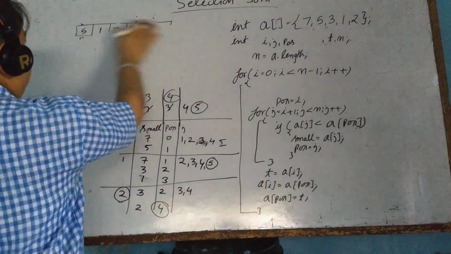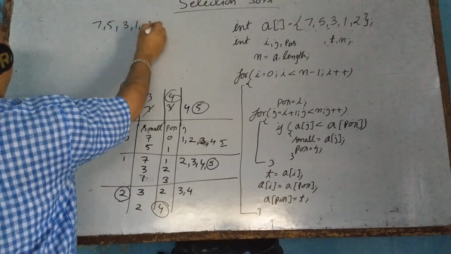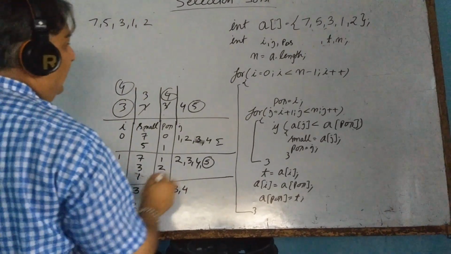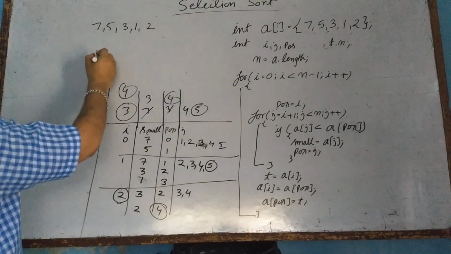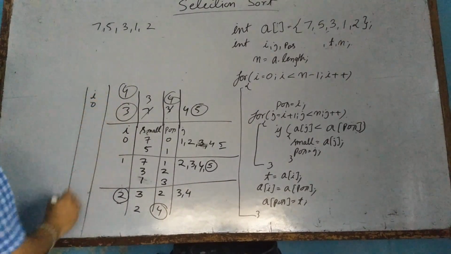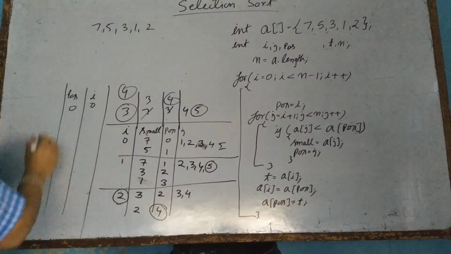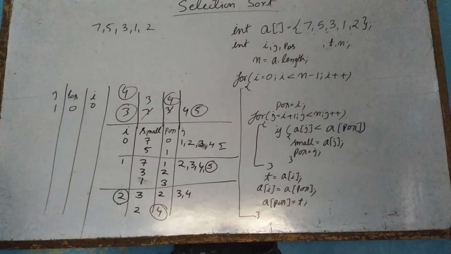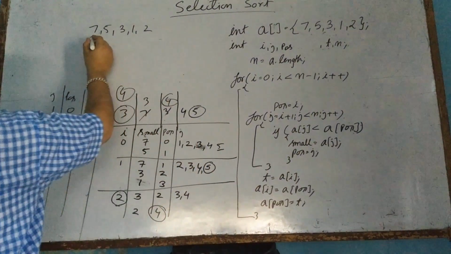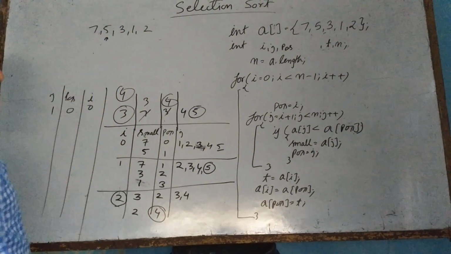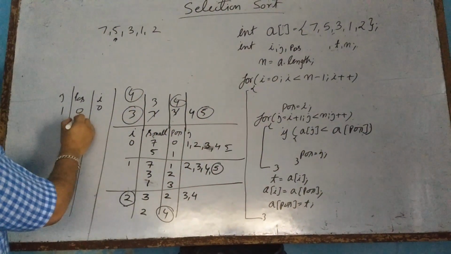To see the dry run of this, we can do it once more with 7, 5, 3, 1, 2. Alright. So when I is 0, the value of POS is 0 only, and the loop of J starts from 1. What is this saying? ARR[1] is less than ARR[0]. These two are compared. This 5 is less. So small is not present; only the value of POS will change. POS will become 1.